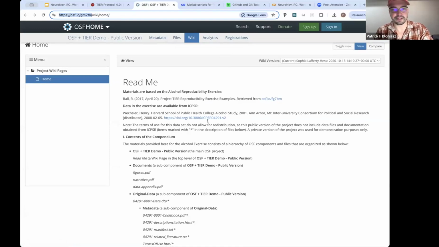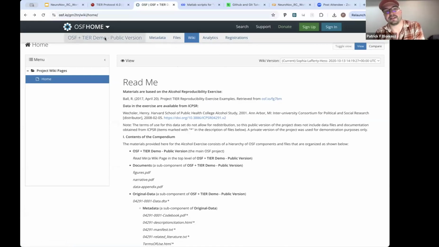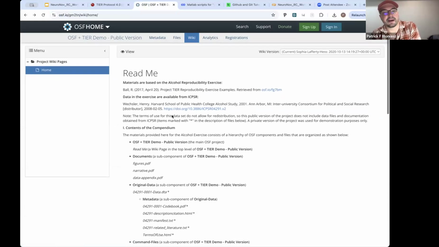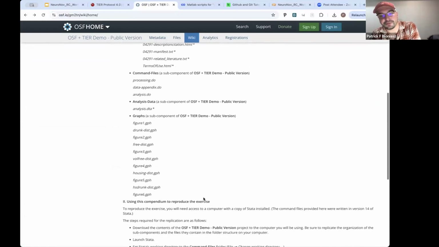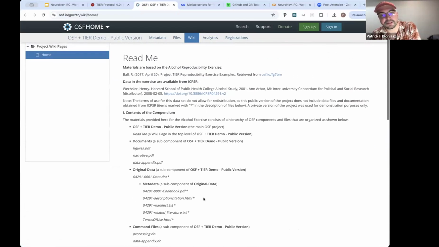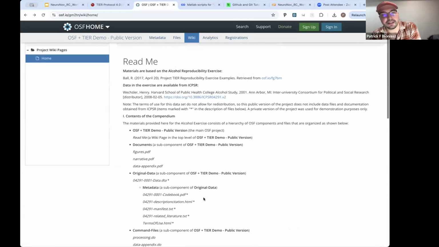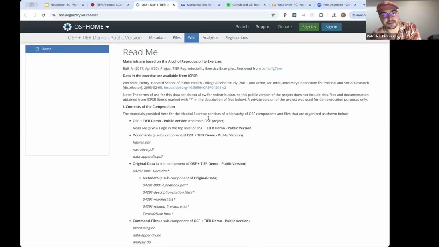There's many examples of these. This is just one from Duke University using the TIER system, but this README is the level of clarity that I think we should shoot for as a scientific community, where you start with saying where is it coming from? What are the relevant citations for people to reference if they need it? But then most importantly, this list,